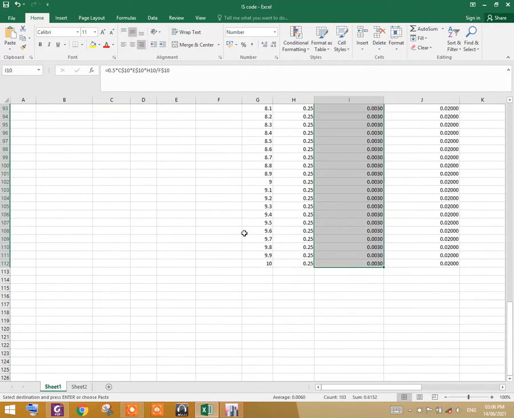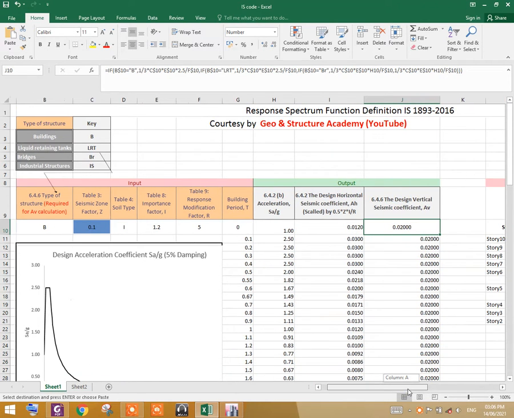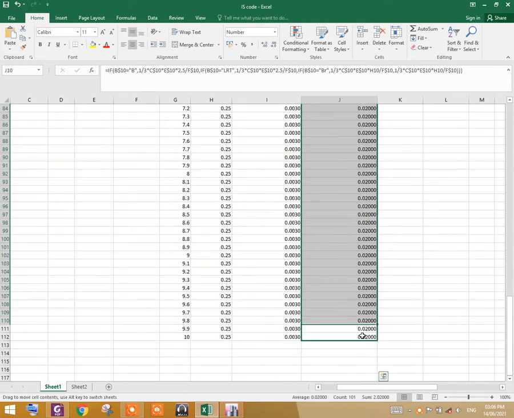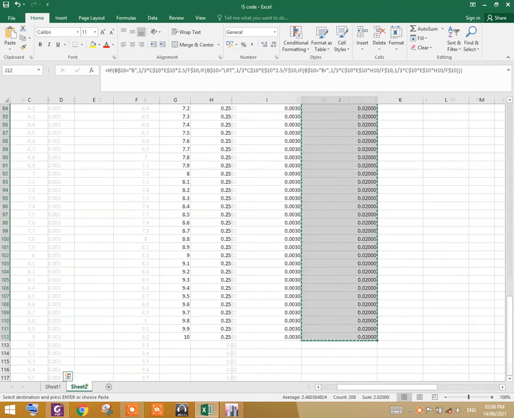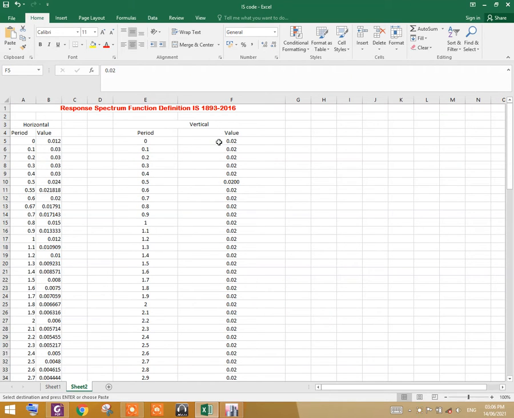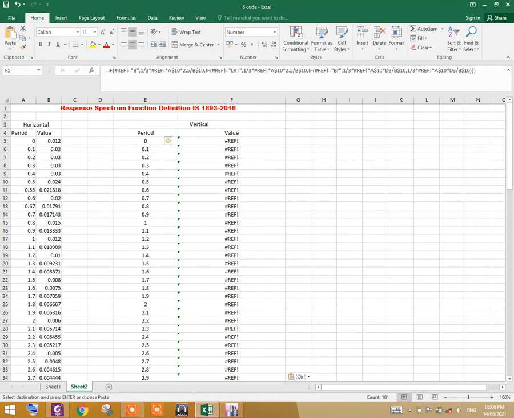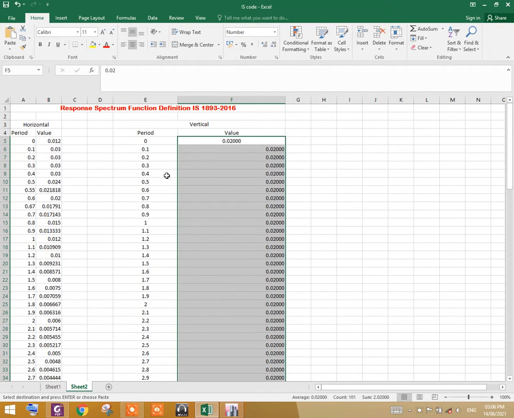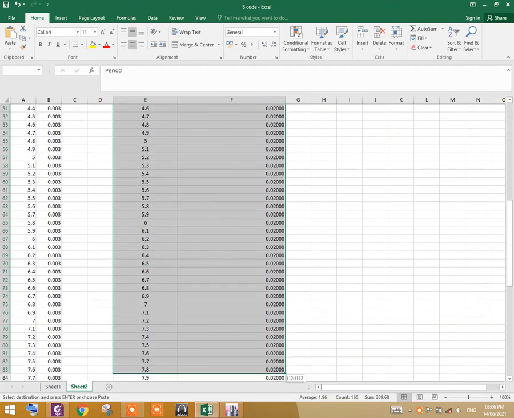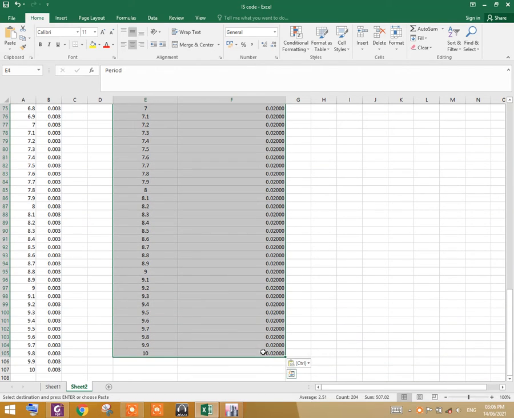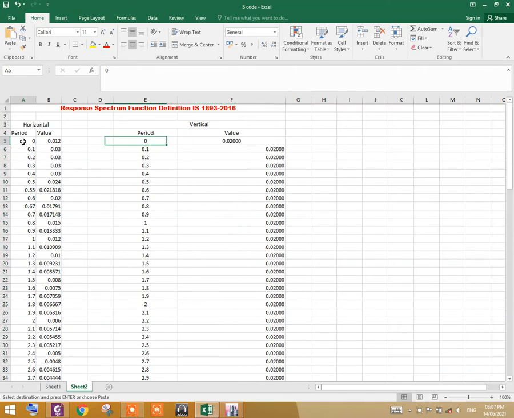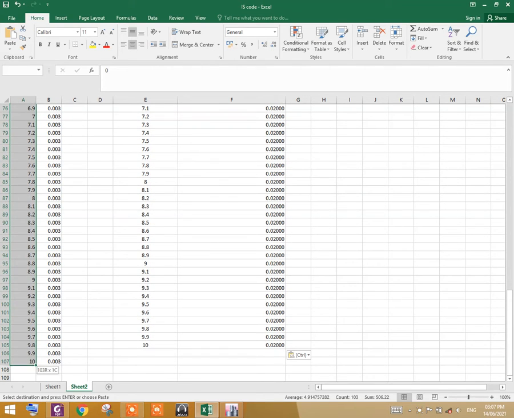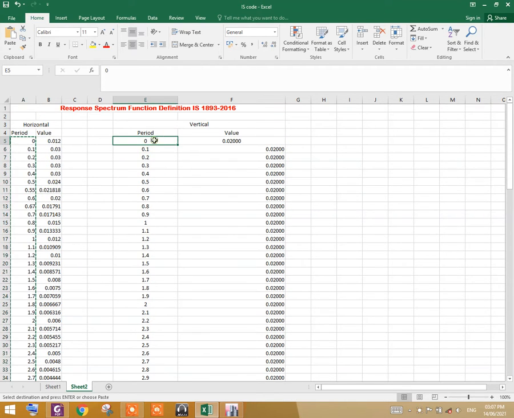Now let us copy the vertical acceleration data. Press Ctrl C and go to the sheet and paste it here, paste by value. Now copy this whole sheet, Ctrl C, and paste by value.